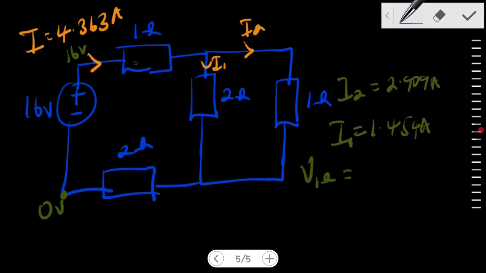Potential difference across the 1 ohm resistor will be 1 times the total current, which is 4.363, right? I mean that the potential drops by 4.363. That means 16 minus 4.363,